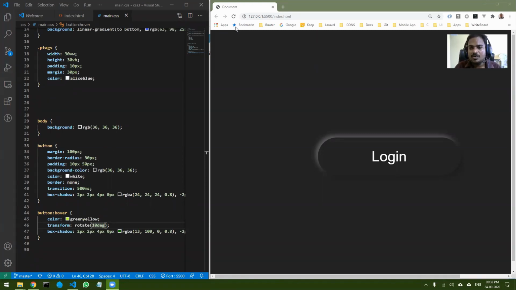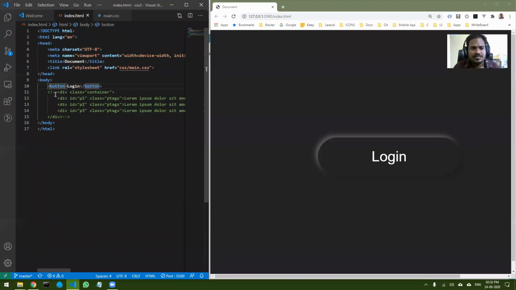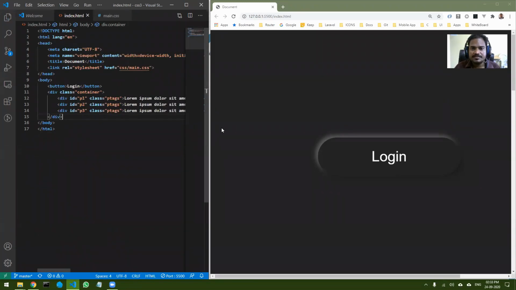Floats. Hello, sir. Yes. Sir, how to create a div just next to another div? Like if we create a div, it will occupy the entire line. Or if we write something apart from writing in a div, it occupies the entire line. We cannot place anything in that line. Okay, if the space is empty, there are multiple ways. One way is to use a span if you don't want to use div, or if you want to use div, what you can do is, let me just show you once I save it.